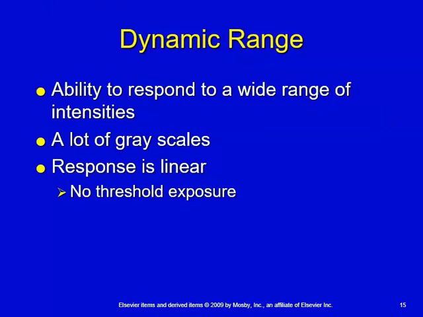Dynamic range refers to the ability to respond to a wide range of intensities. So we can get a large or a long shade of gray. The response in digital applications is linear rather than that S-shaped curve that we see in film. So again, if you look at page 299, figure 16-6, and compare the H&D curve for a 400 speed film screen system to